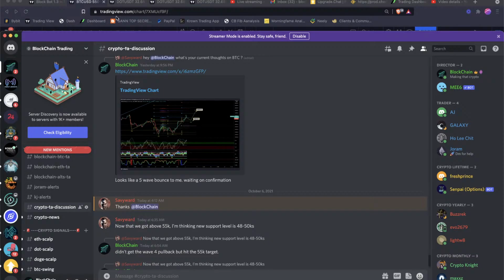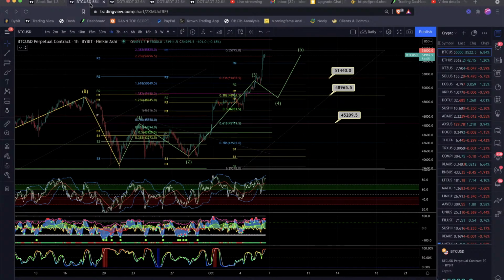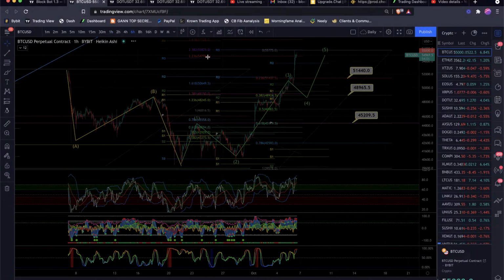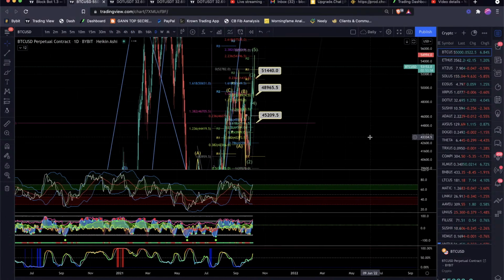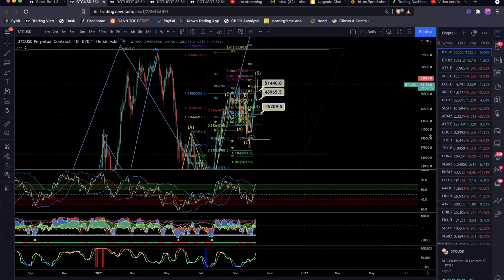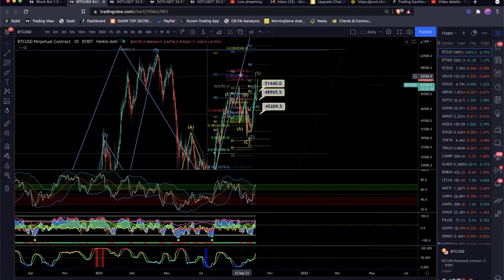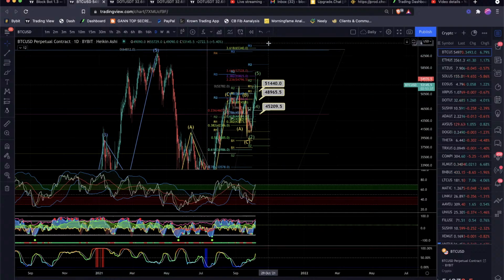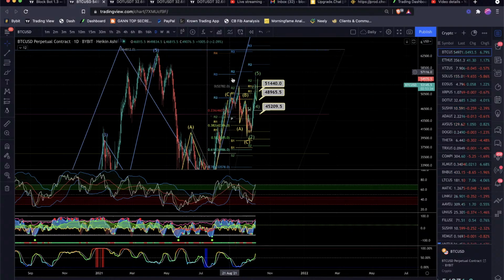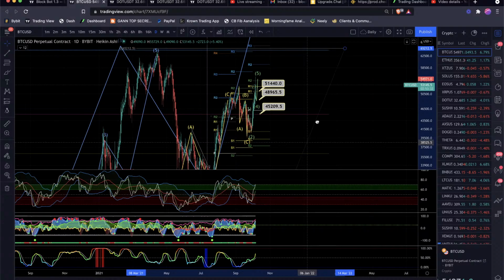So let's go ahead and dive back into the chart. I'm going to scroll out here, and I just want to look at a couple things on a higher time frame. One of them is the RSI and how much the RSI has pumped back up. We did have a little bit of a descending trend line here, which broke on the RSI back up to the upside, and rather quite quickly. I'm going to take some of this off so we can do a higher time frame analysis, making it a little bit cleaner here.